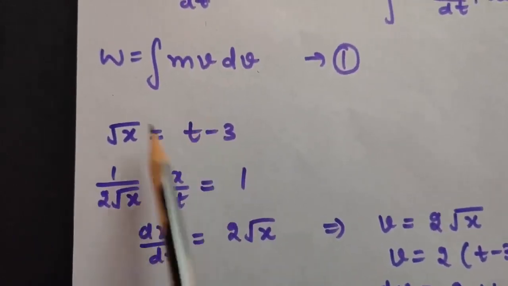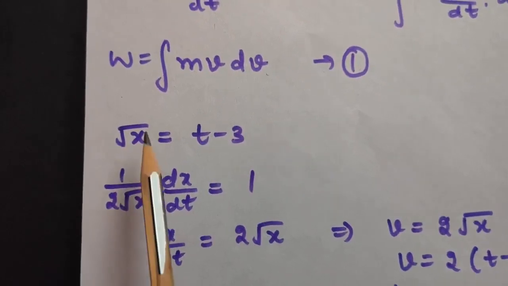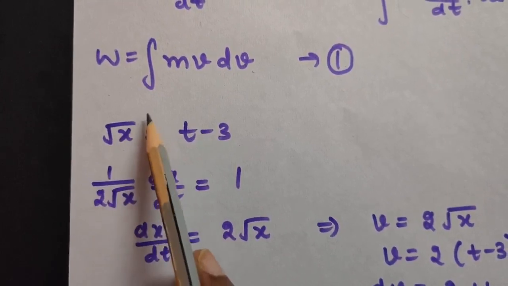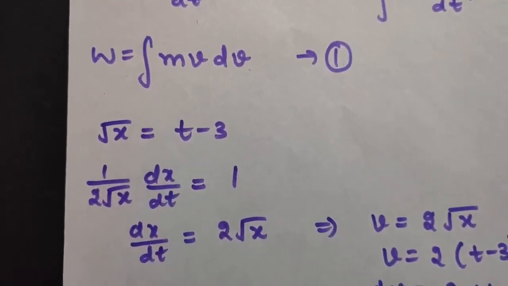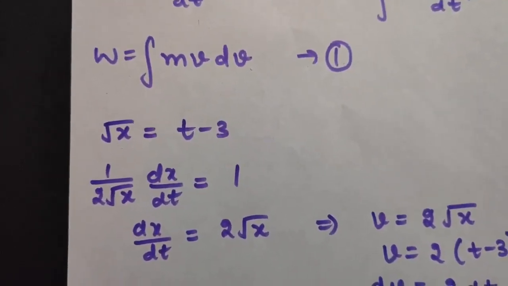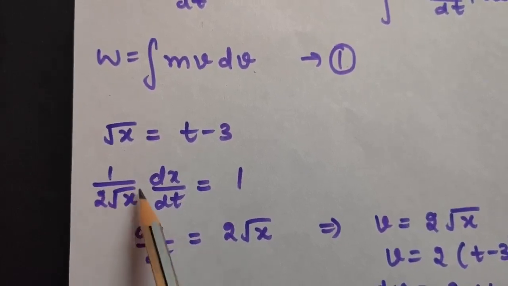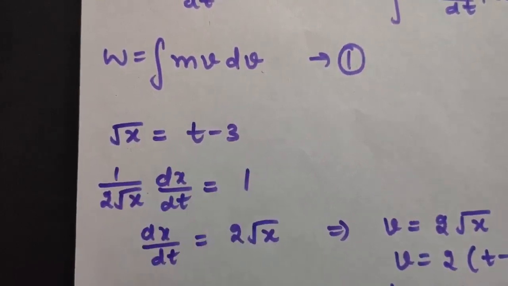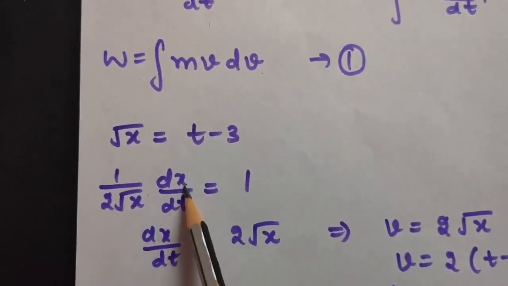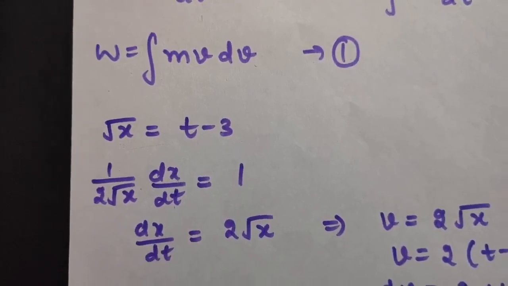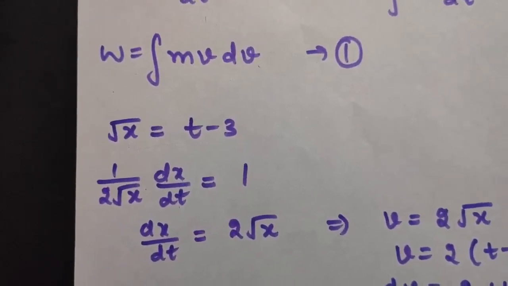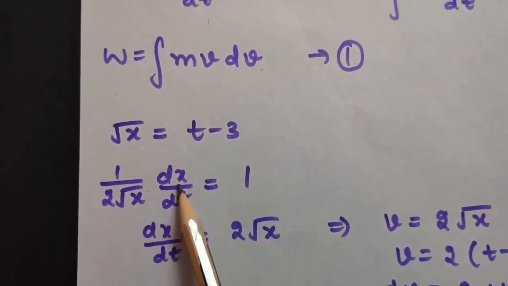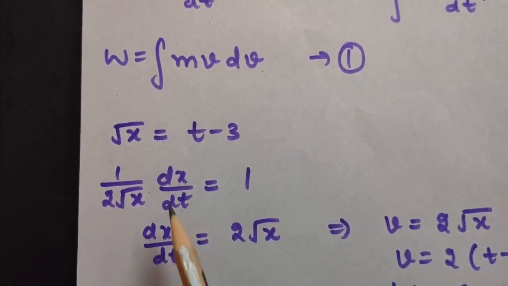Now I am differentiating this equation. Just for differentiating it, use the formula of power. This is x to the power 1 by 2. So the formula is power will come forward and 1 will be subtracted from power, that is, you will get 1 upon 2 into under root x. And because I am differentiating this equation with respect to t, I will be having dx by dt. If I was differentiating it with respect to x, then dx by dx becomes 1, but here I am differentiating it with respect to time, because dx by dt will be v, so we will get velocity from here.